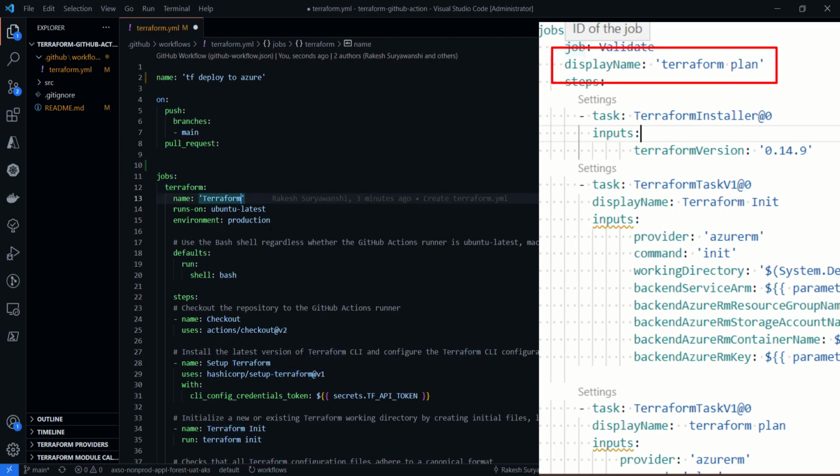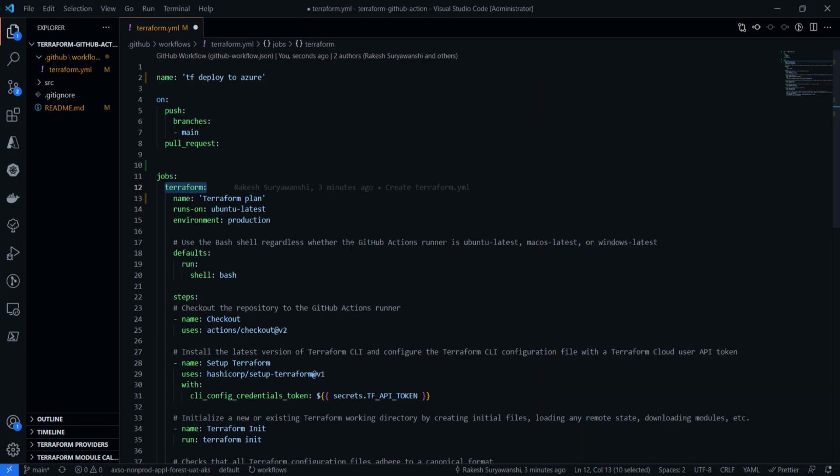For example, I could say the job name is a Terraform plan, so that will display as Terraform plan. One more comparison between this GitHub job collection and the Azure DevOps job collection: you can think of a job as a stage.